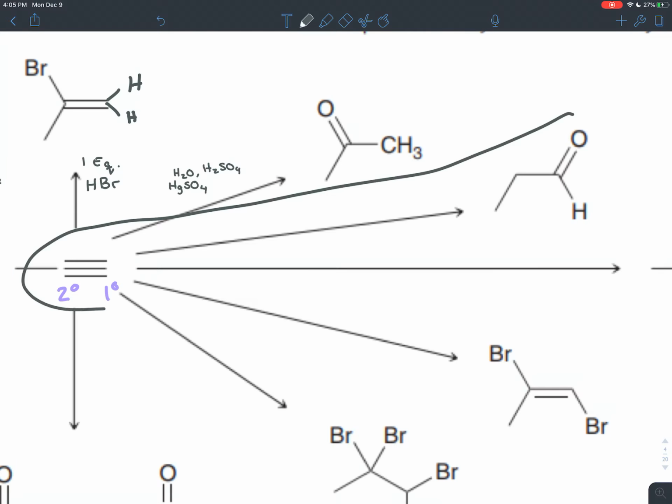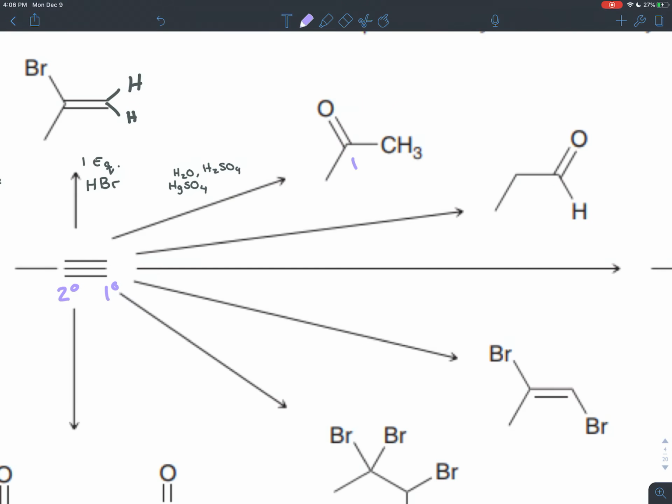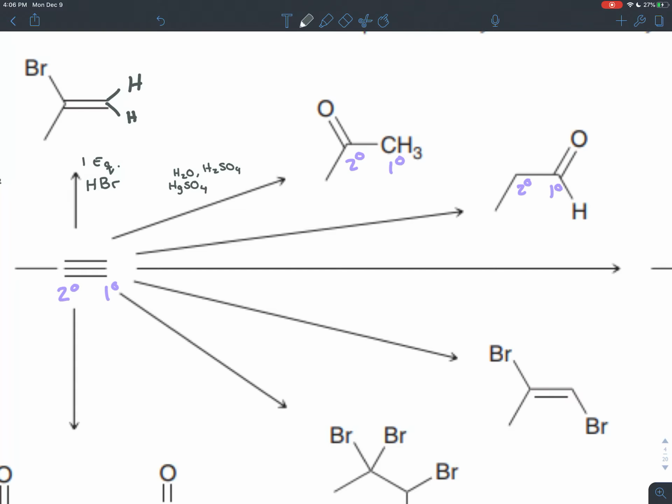The next reaction is similar, but you'll notice what happens here is the OH goes on the less substituted carbon. So here, this was the secondary carbon, and this was the primary carbon that we had. Here, this is the secondary carbon, and this is the primary carbon we had. The OH here goes on the less substituted carbon, and the hydrogen goes on the more substituted carbon. That's anti-Markovnikov addition. And so, if you want to do anti-Markovnikov hydration of an alkyne to get an aldehyde, then you would use